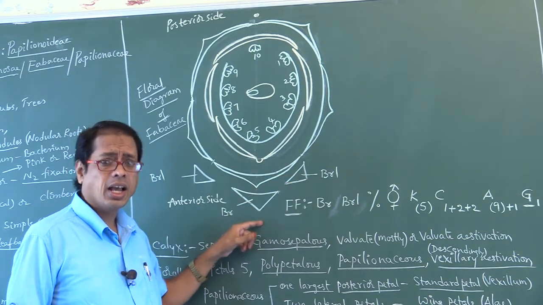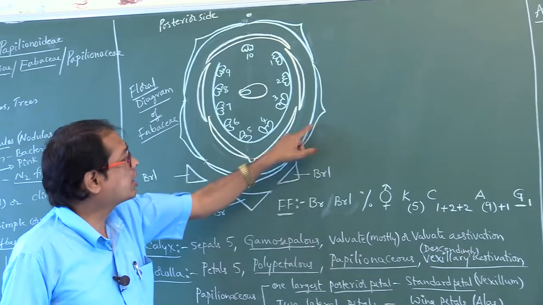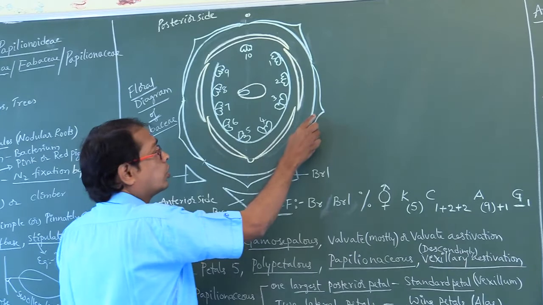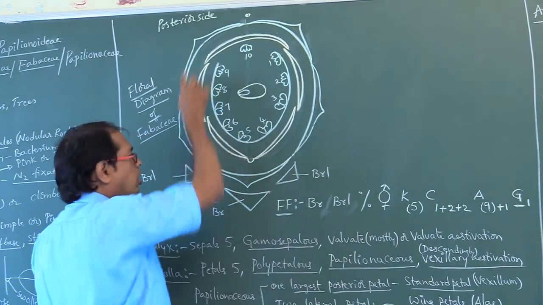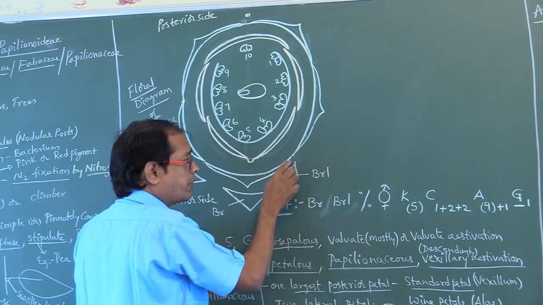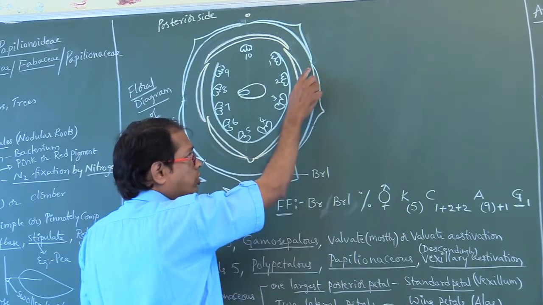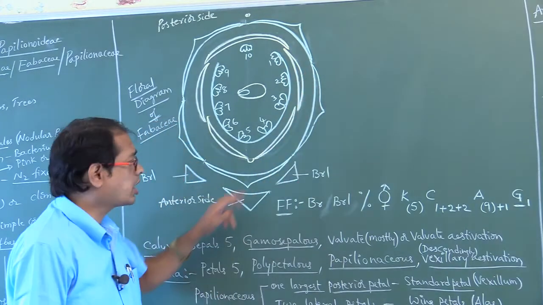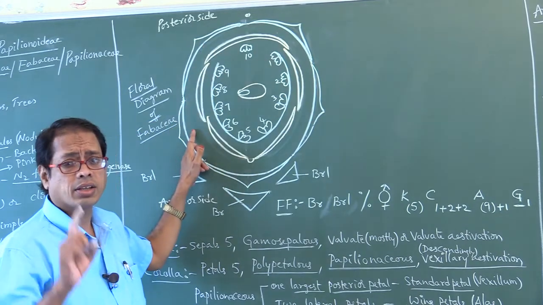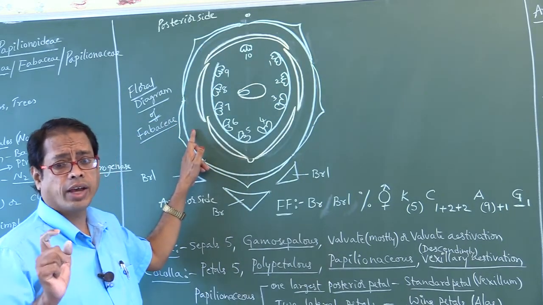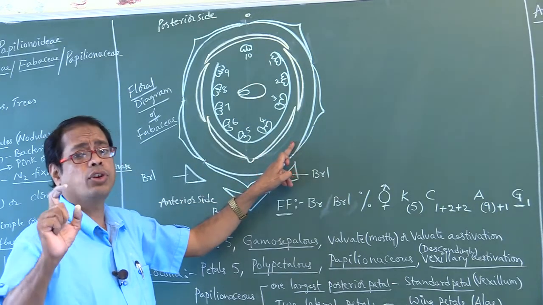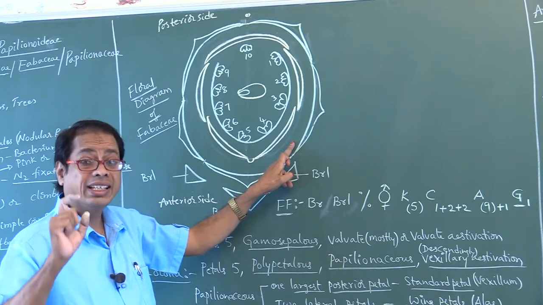And these are the sepals. How many sepals are there? 1, 2, 3, 4, 5. All these sepals, see, no overlapping, just touch with one another, closed. How many sepals are there? 1, 2, 3, 4, 5. Sepals, 5. They are fused, no? Gamosepalous. Gamo means fused. Sepals are 5.